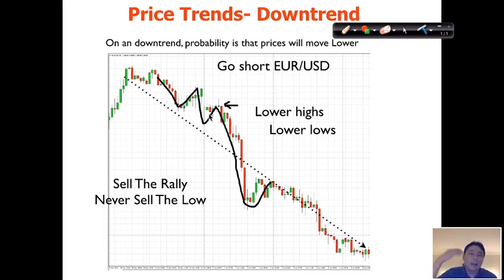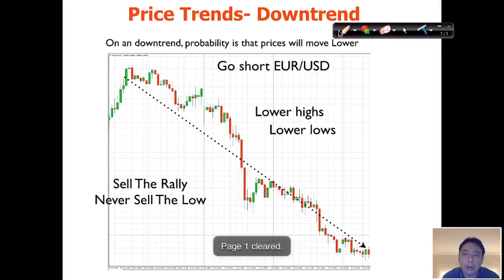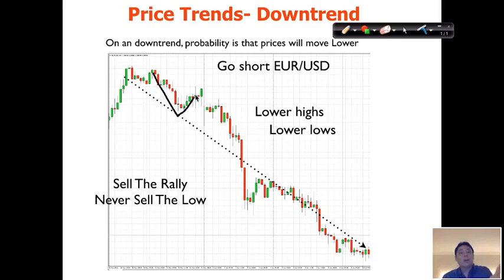You can't just sell it without any kind of resistance area, right? So we never sell the low, because selling the low is really dangerous: when you sell the low, it tends to rally back up before going lower. It's like the breathing pattern I talked about. You breathe out, breathe in, breathe out, breathe in. So you want to sell on the breathing in to capture the next wave going down, the breathing out.